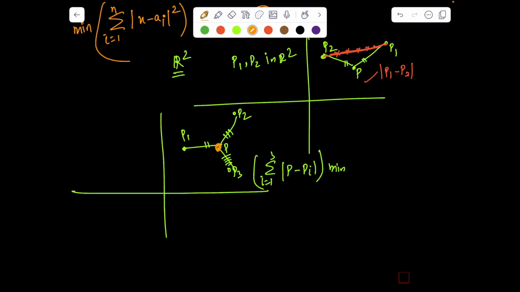Now common sense tells, like most of you will feel, that it will be the centroid, but that's clearly wrong because we can do better than the centroid. The best way to appreciate this problem is to imagine a pulley with the same mass m hanged over these 3 points. Imagine the entire system is kept on a horizontal table, and these are a spring, and you keep a massless pulley hanged over these 3 points P1, P2, P3